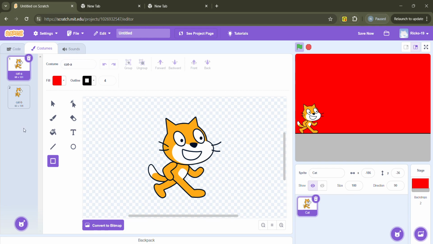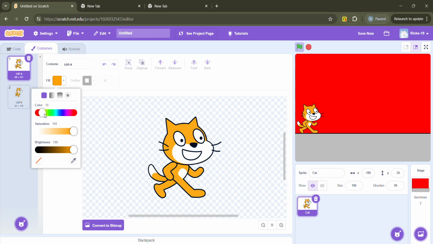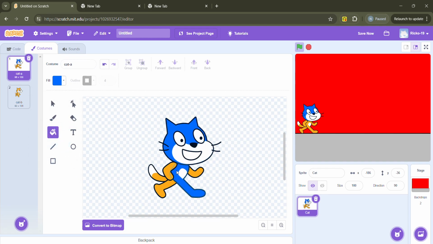And as you can see here, we have the same tools on the left hand side as we have before. So you're allowed to do whatever you'd like for this, and all I'm going to do is change my cat from orangey yellow to a blue cat. So you can do whatever you'd like here. I'm just going to change the colors. I'm going to keep the outline